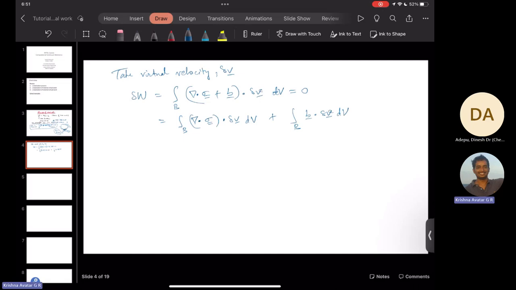Okay, so what we see is we need to... So there is a relation. Actually, we'll just prove it ourselves. So what does divergence of sigma give? That's what we need to ask ourselves. So divergence of sigma dot delta v, when we write in indicial notation, divergence of sigma is ∂/∂xj, and sigma,